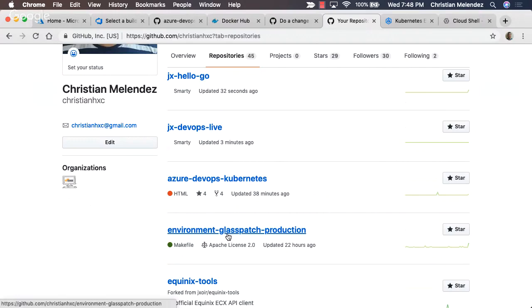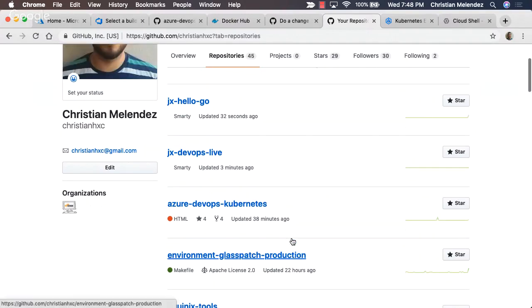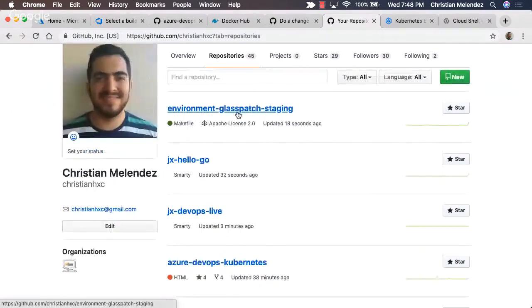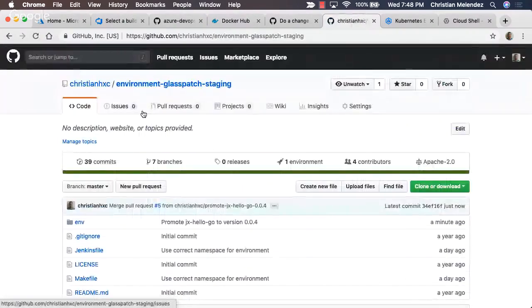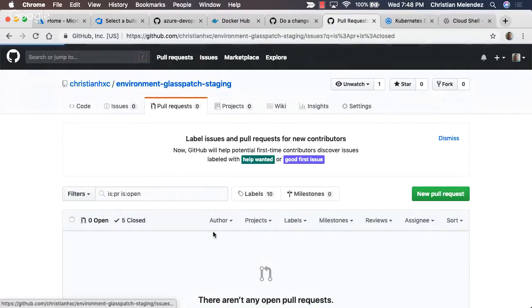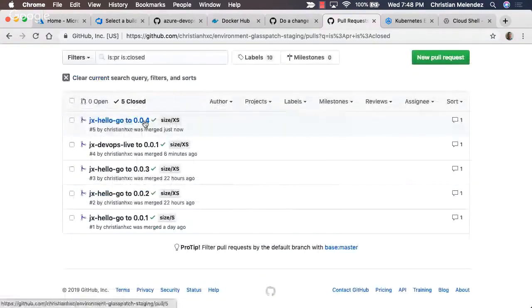It will just add some random name. So this is gonna be the repository for the production environment, and this is gonna be for the staging environment. And you can see here all the pull requests that I've created previously, where I've been integrating those changes to here.